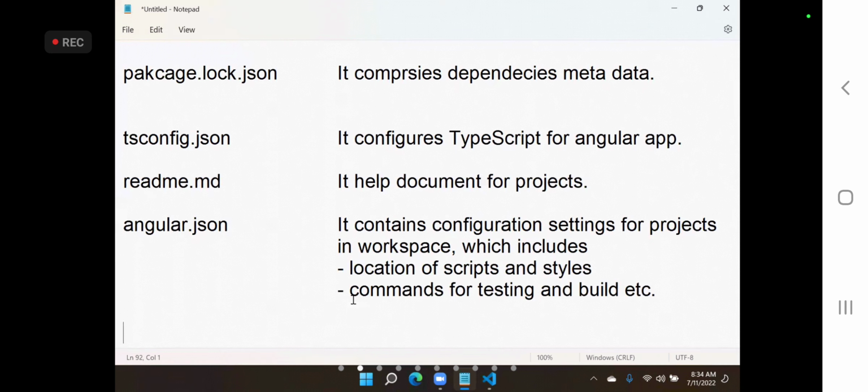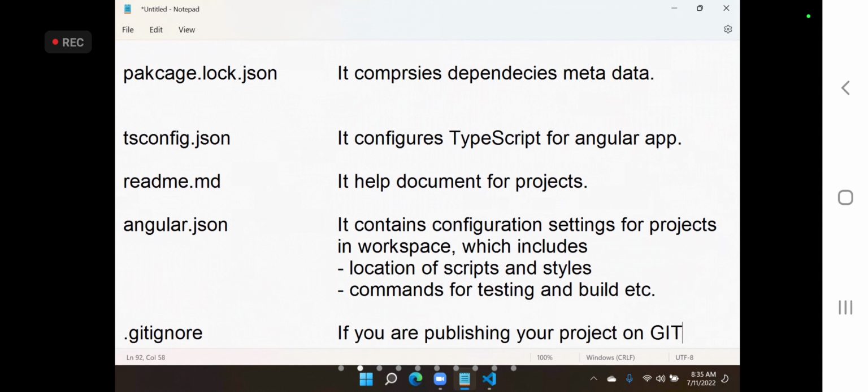Another important one is .gitignore. I hope everybody who knows about GitHub knows about this.